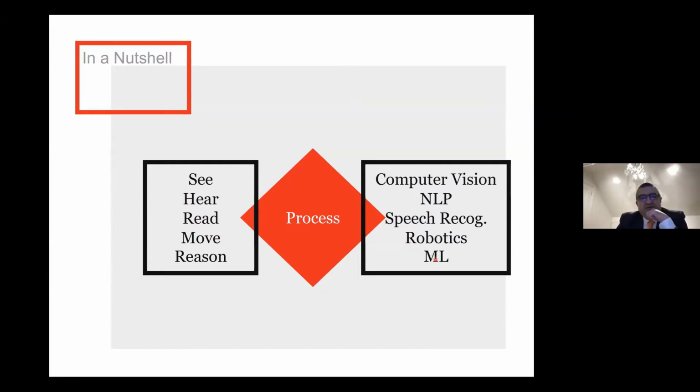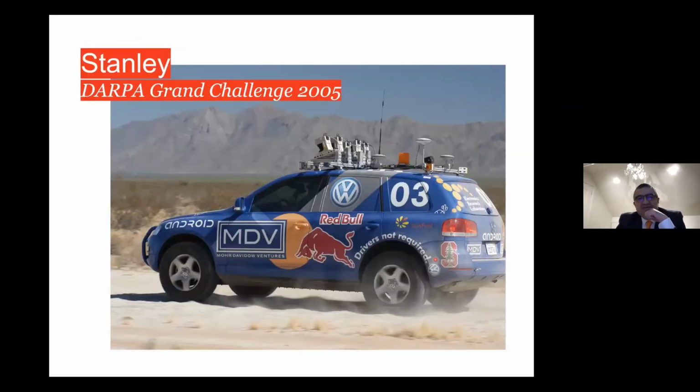And if you recall, I was talking about 1955. So for about 50 years, there was always the promise of artificial intelligence. There was always the promise of artificial intelligence taking over the world. But I think the turning point for business applications of artificial intelligence, or for a better description, the revival of artificial intelligence, in my point of view, was 16 years ago in the DARPA Grand Challenge.